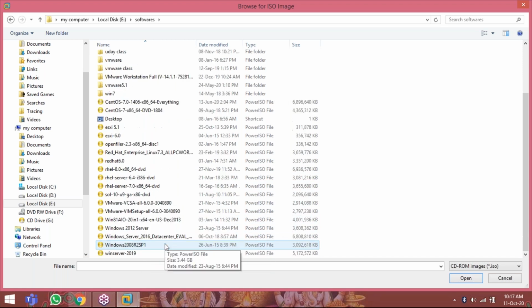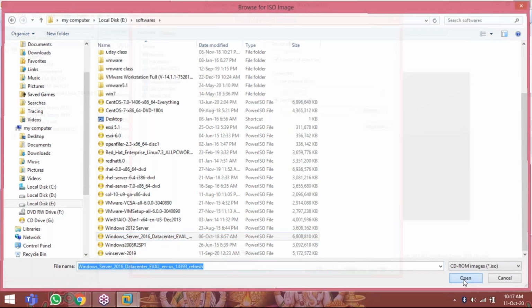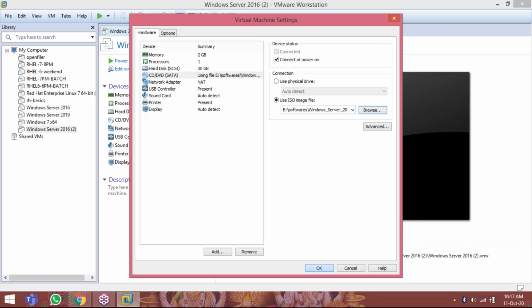So Windows Server 2016. Select this one, Windows Server 2016. Which OS, which version you are going to install, you have to select that version only. So I selected server 2016. Click on open. Click on OK.